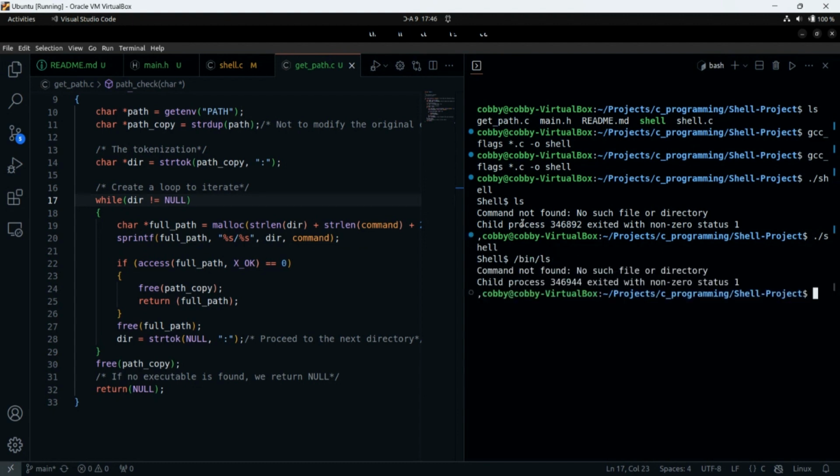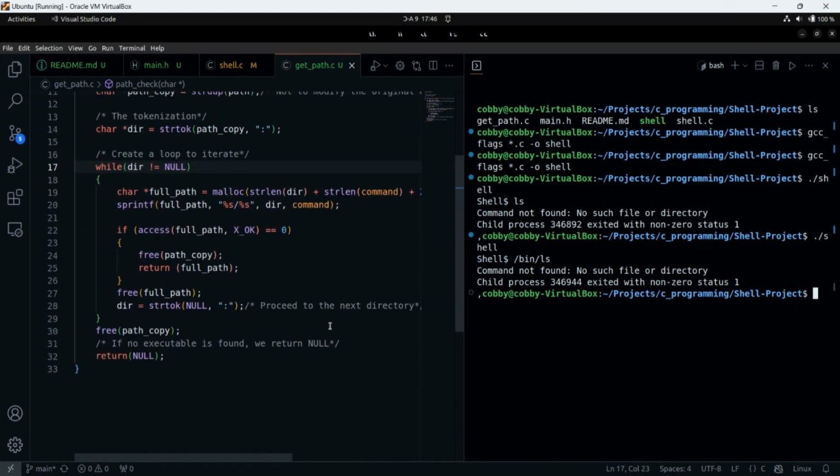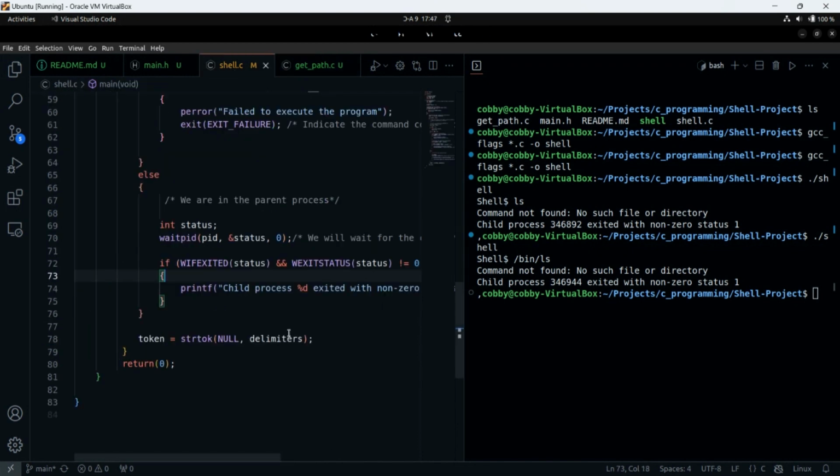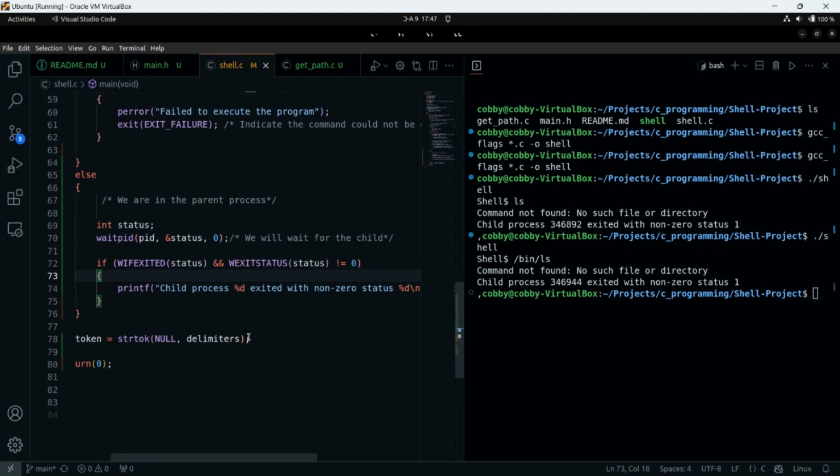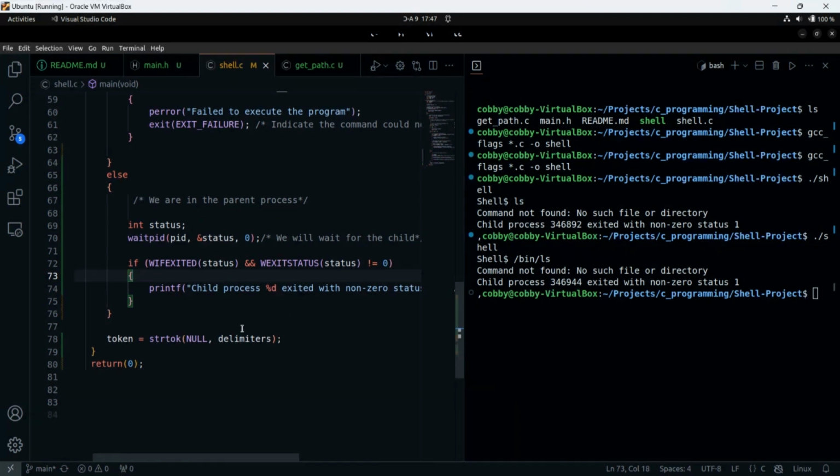It says "command not found, no such file or directory." So guys, what's up? And it says child process exited with non-zero status 1. So the fact that the child process is exiting with a non-zero status, what does it mean? If the child process exits with a non-zero status, what does it mean?